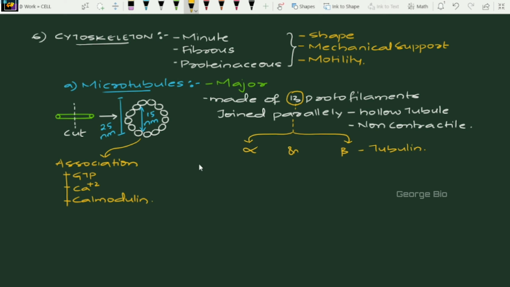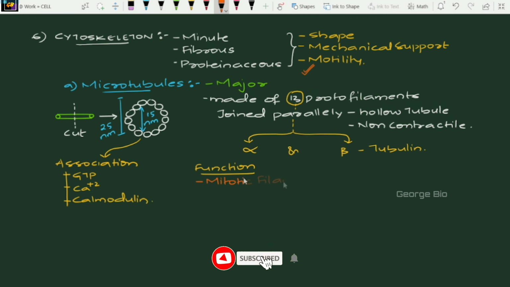Let's look at the function here. As per the NCERT, the required functions we have written already on the top. Here you can see over the top, 3 functions are there in the NCERT. Exactly, we placed it over the top. But with respect to the microtubule, if any further applications are given, for that reason, we are taking this one additionally. So if you look at the functions, this helps in formation of